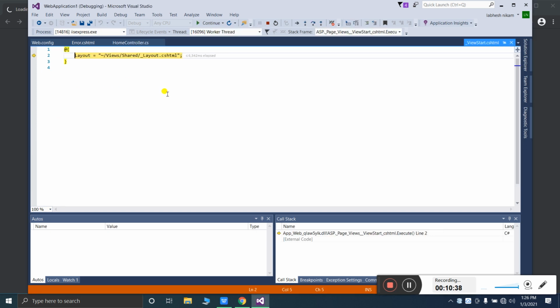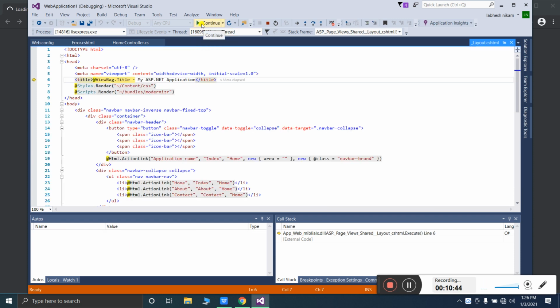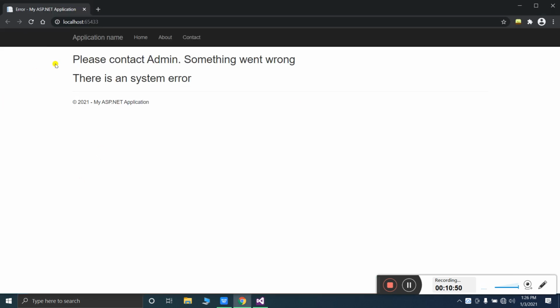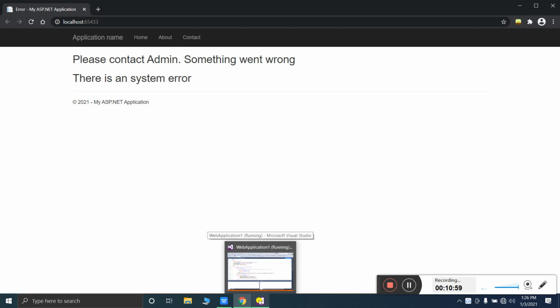It's going there. Continue. You can see, please contact admin, something went wrong, there is a system error. So using this handle error attribute, we can handle these custom error pages.